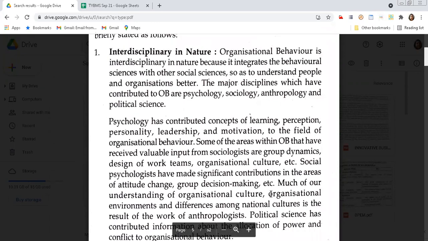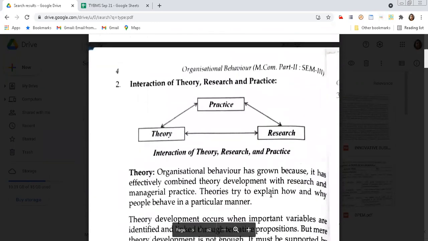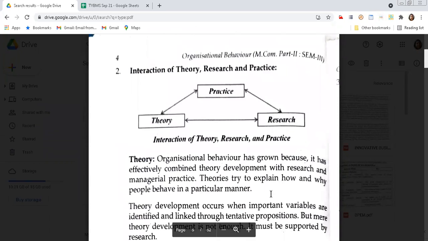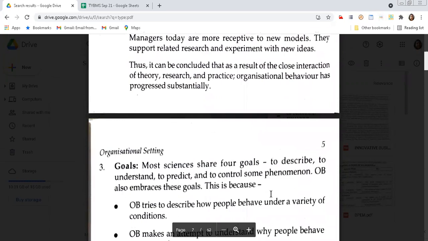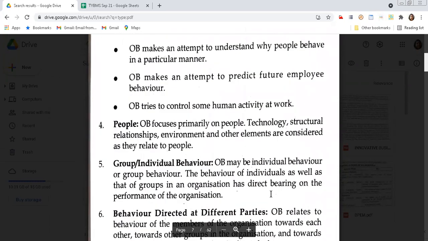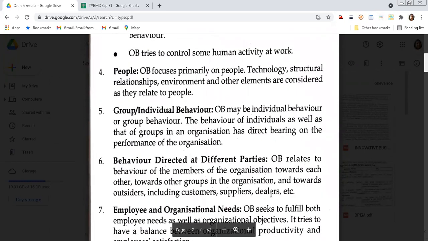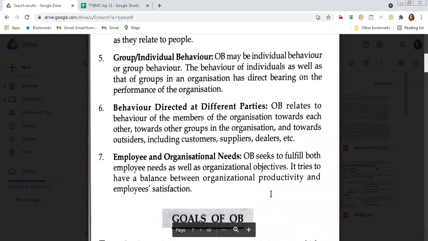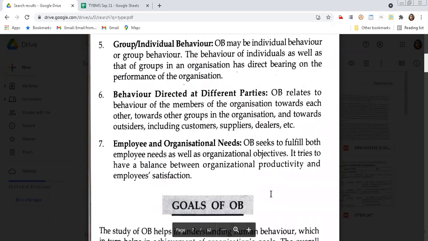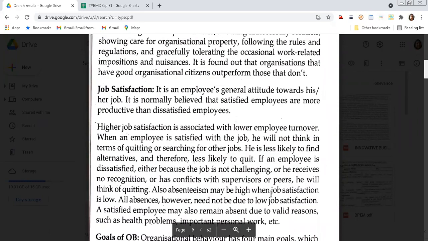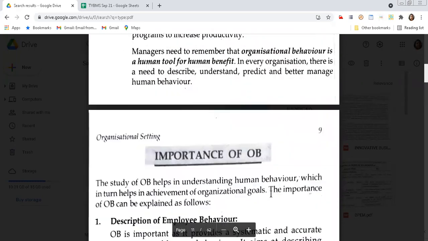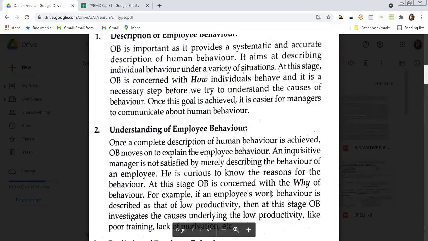It is interdisciplinary in nature. It is combining theory, research, and practice. Then goals are involved over here. People are involved over here. It focuses on both group and individual behavior. And so many other points also we have seen. Then after that, another important concept which you have to remember here is the evolving